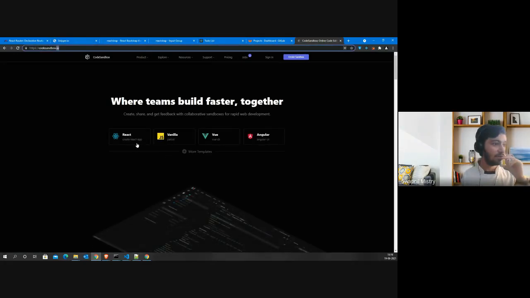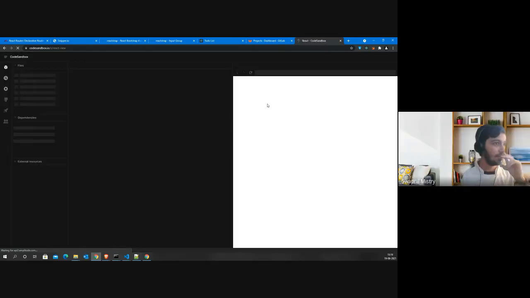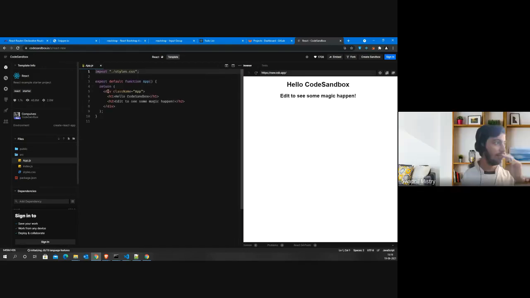We are using React, right? So you can click on it, or you can register and create your own sandbox. This is just an online editor. You see that someone has already created this sandbox. You can see app.js here, package.json here, the source is there, the public directory is there, everything is there. Now you can add new folders and directories, import them and use them over here.